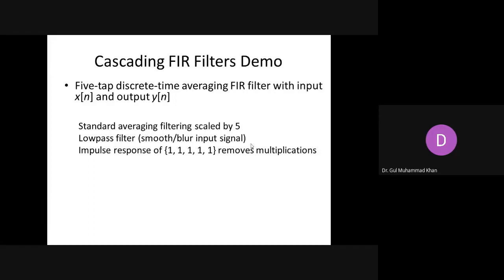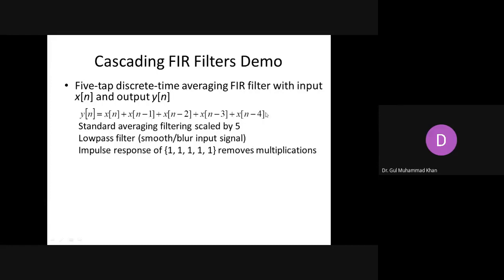So you can have all of them in the cascaded form, and ultimately they keep on adding to each other. So if you want a 5th order filter or 6th order filter, you can create it from 3 second order filters, or you can create it from 2 third order filters, or you can create it from 6 first order filters. Okay, so yeah,